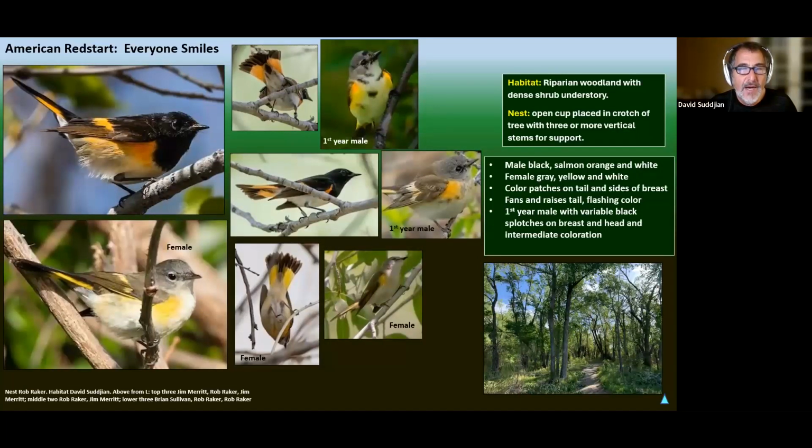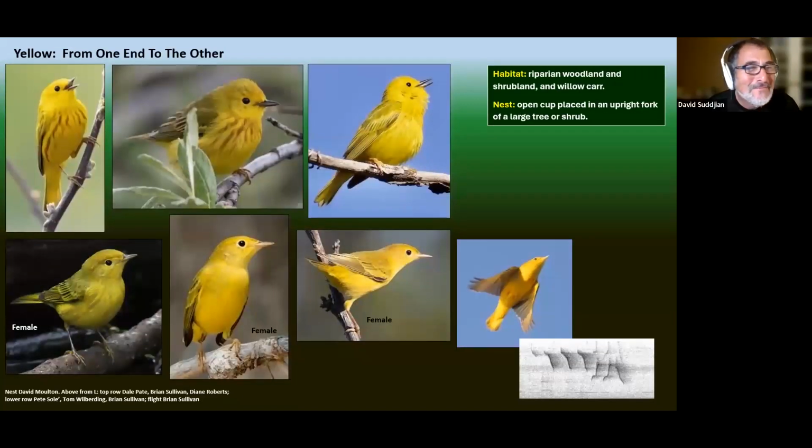These birds have a very high-pitched song, or relatively. All right, so one of the more widespread species in Colorado is the yellow